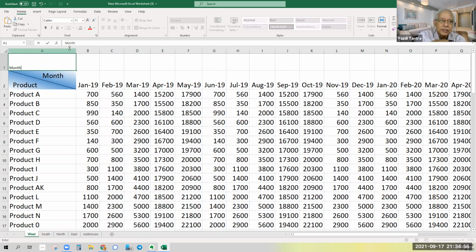I can make it bigger and all that. Okay. Now I want month to be on the extreme right, right? So what I will do is I'll put some spaces here. I'm just putting spaces and physically moving it to the right.